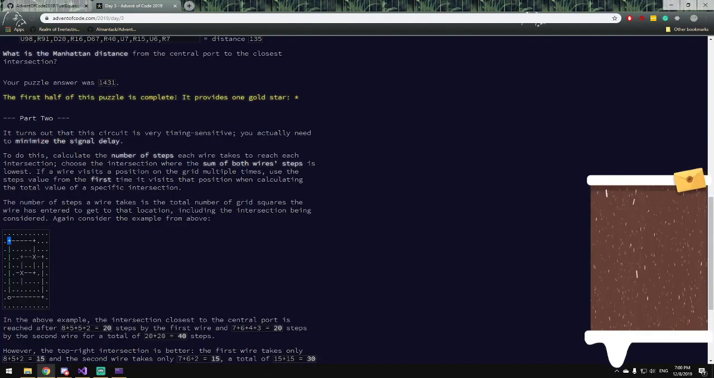It turns out that the right circuit is very timing sensitive. You actually need to minimize the signal delay. To do this, calculate the number of steps each wire takes to reach intersection. Choose the intersection where sum of both wire steps is the lowest. If a wire visits the position of grid multiple times, its steps value from the first time it visits that position is used when calculating the total value of a specific intersection. What does that mean? If a wire visits a position on the grid multiple times,